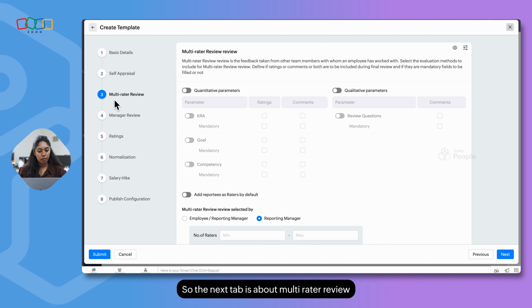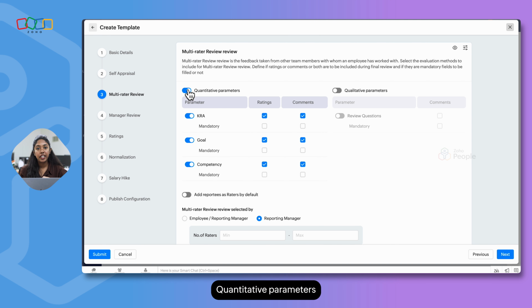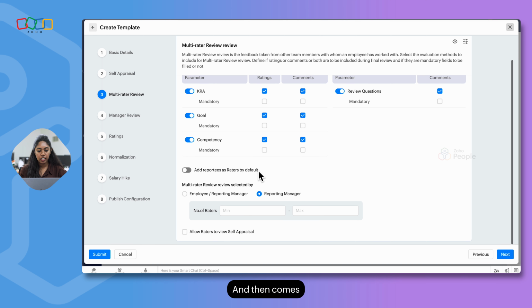So the next tab is about multi-rater review. So what are all the preferences that you would like to have for multi-rater review? So again, you do have these two options, quantitative parameters and qualitative parameters. Enable these options, customize this part based on your organization policy. And then comes